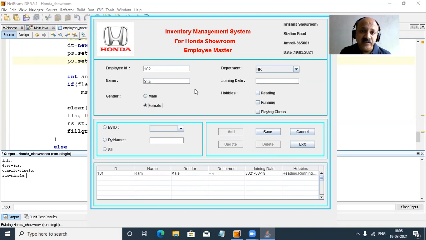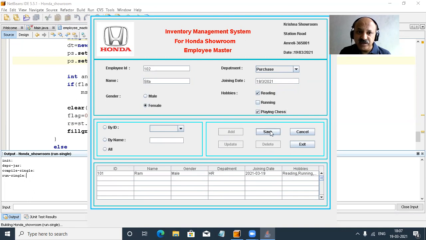So male, female. Now I change the department to purchase. Purchase department. And I give the date as 3rd March 2021. And I select only the first and last hobby.